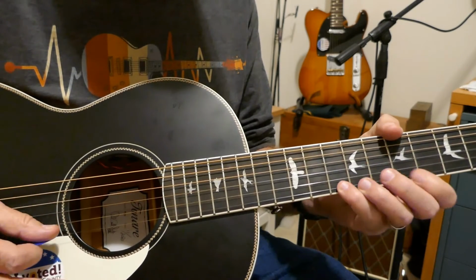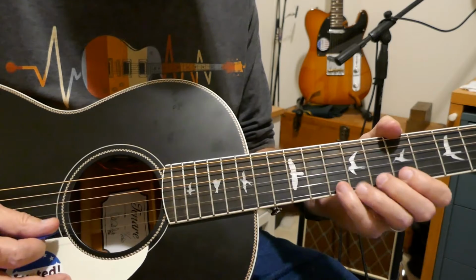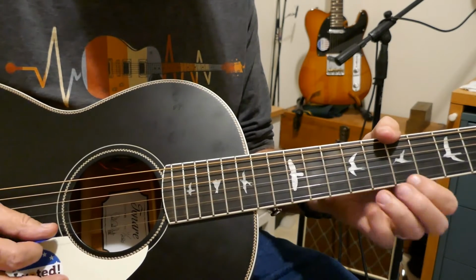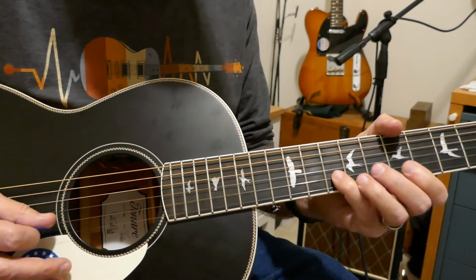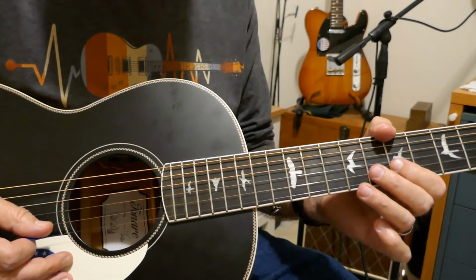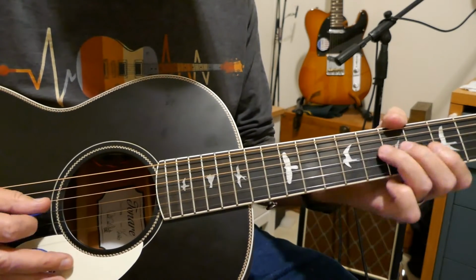And it's all on a minor pentatonic, except we flat the D. It's a D flat instead of a D. So it's really... That's the only notes we're playing in this. So if you keep that in mind, it's pretty easy. So we just went...